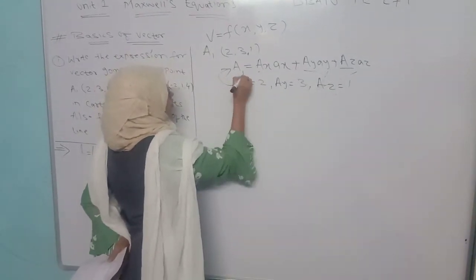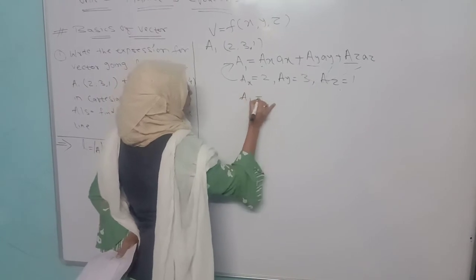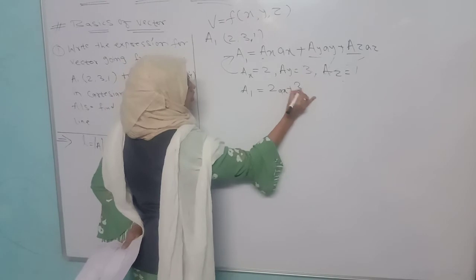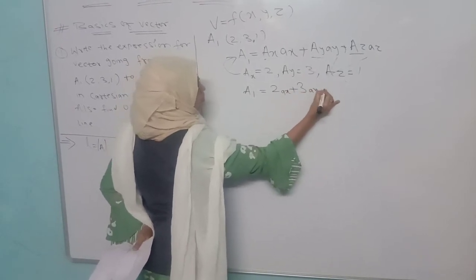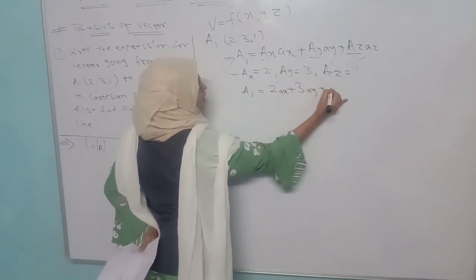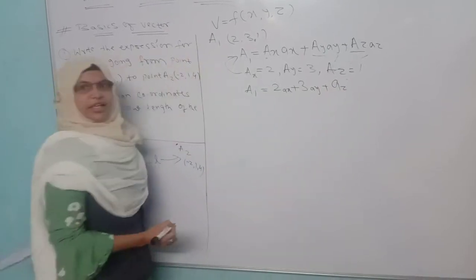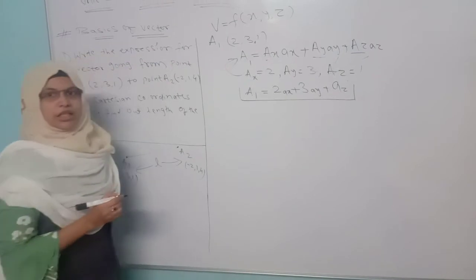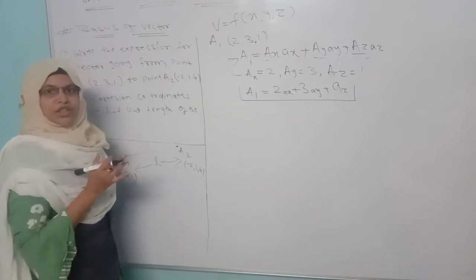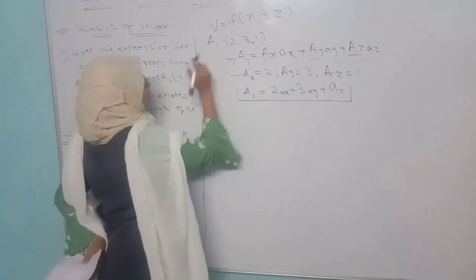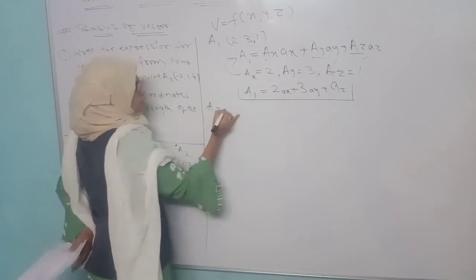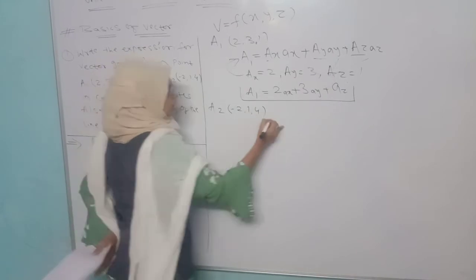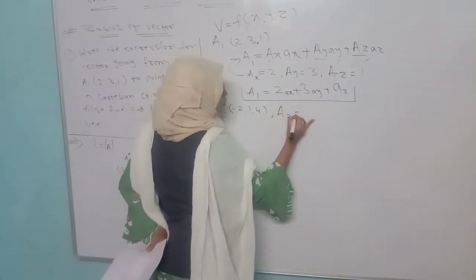So my A1 will become 2ax plus 3ay plus 1 we can't write, so directly az. This is the vector in magnitude as well as direction in equation form. Similarly, go for A2. What are the points for A2? Minus 2, 1 and 4. Write it in equation form. This A2 will be equal to